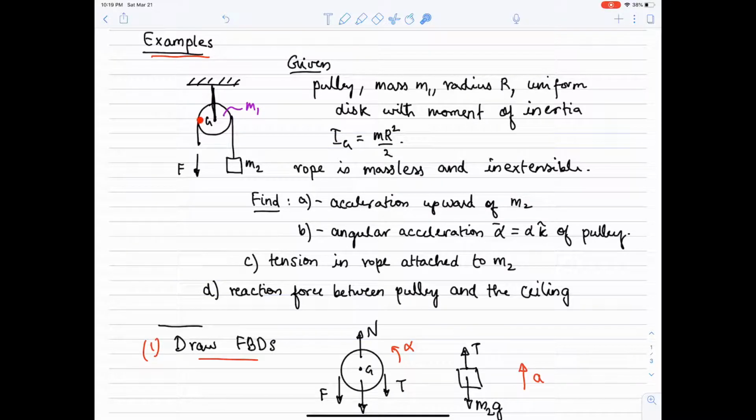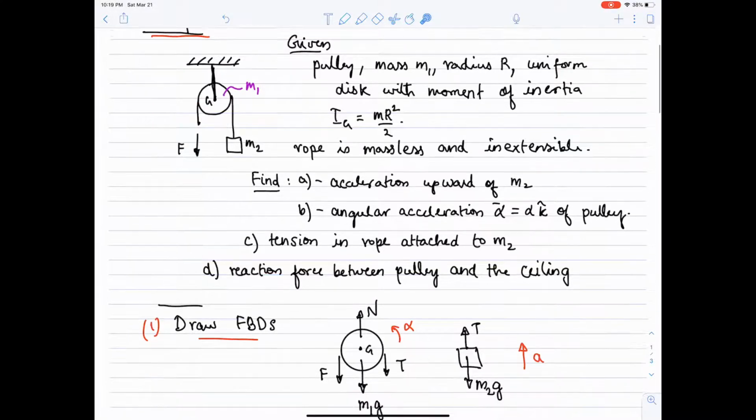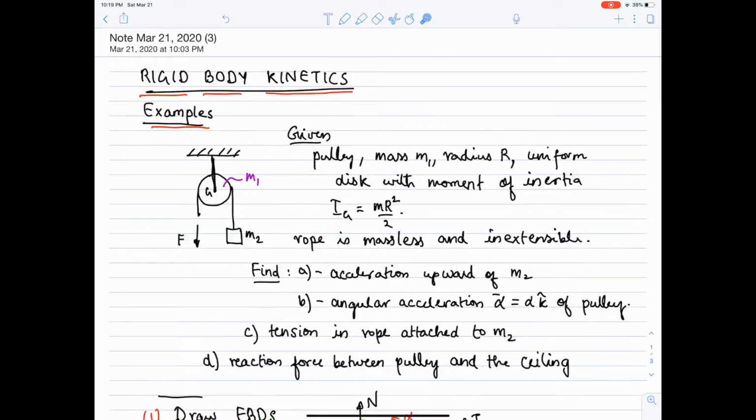That point on the rope and the point on the pulley will have the same velocity. That's what moving with no slip means. Same for this point. Okay, so what does that mean? It means that actually the velocity of that point, if you have an angular velocity omega,